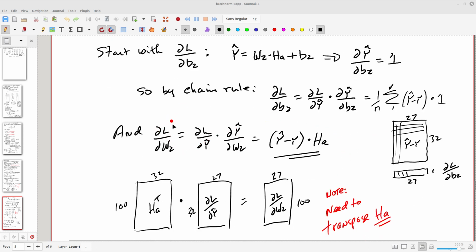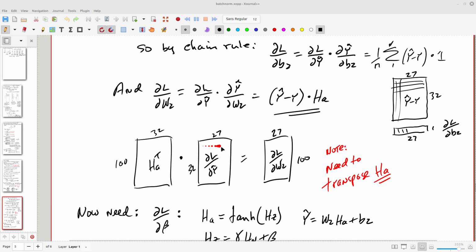Similarly, for the loss with respect to W2, dy prime over dW2 is basically what we had before. This is dL dy, this part here, times HA, because if you look at HA, dy dW2 is just going to be HA after we do the derivative. And when we do the multiplication here,